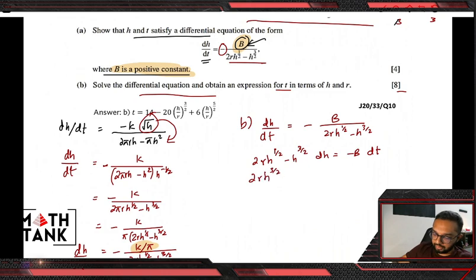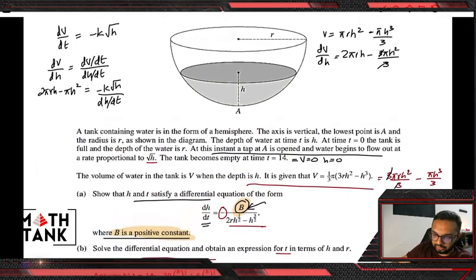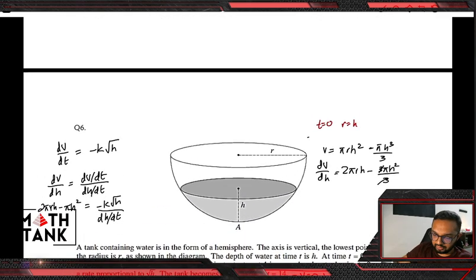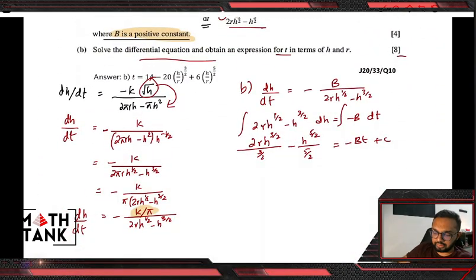Let's integrate that. That gives me h power 3 over 2 divided by 3 over 2, h power 5 over 2 divided by 5 over 2. I'm integrating them. Minus bt plus c. Two unknowns, therefore I should have two sets of information. One of the sets of information is one that's given right at the start, so that's what I figured out: when time was 0, h was r. Why? Because the entire thing was full. So I'm going to write 2r